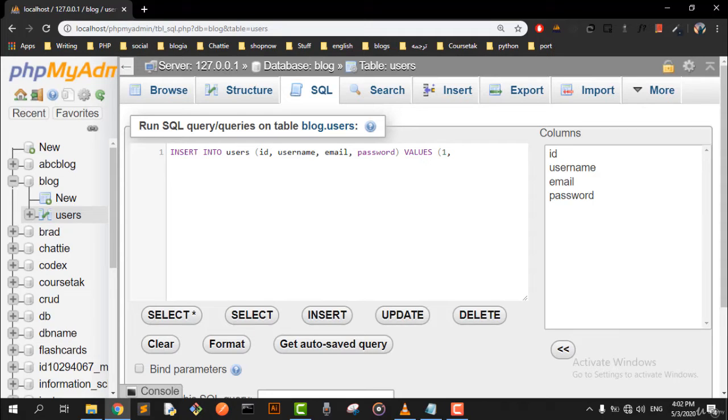One for the ID, the username is, let's say, Ahmed23. The email is, we're gonna put the quotations because this is a varchar, at gmail.com. The password is 123. We are gonna close the parentheses and the semicolon, and this is how you insert data